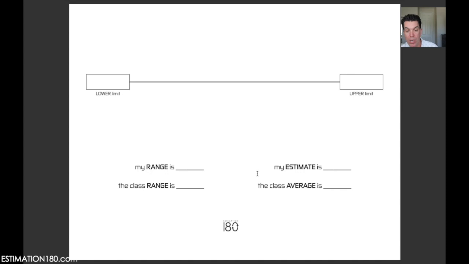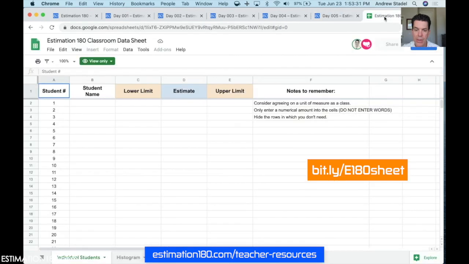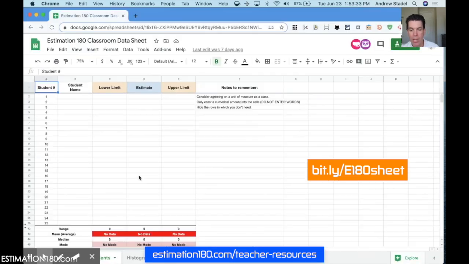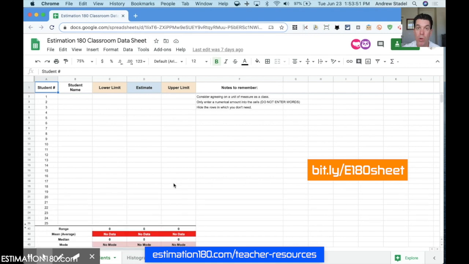And speaking of community, one digital handout that you might be able to give students is this spreadsheet right here. And the power of this spreadsheet is you could go from 1 through 25 students. I have it ready for 40 students if you need it. But students could enter their name and their lower limits, their upper limits, and their actual estimate. And a lot of things down here will be calculated for you as a teacher and as a class. So this is an option if you're helping students remotely or digitally